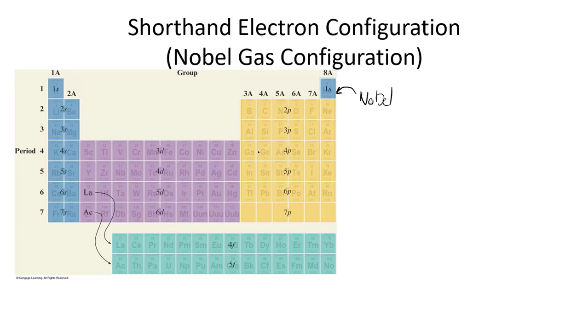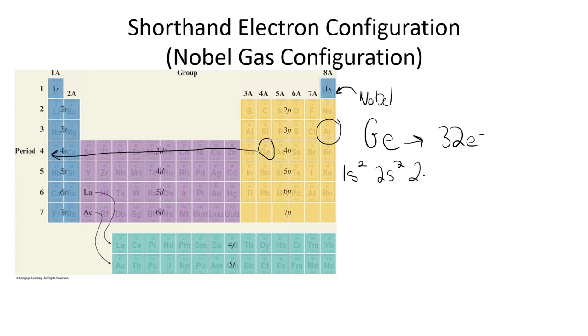If I come down here maybe to germanium, I have to go all the way back through all of these elements to get here to argon. And that's okay. You don't go forward, you go backwards. What do I mean by that? Germanium, let's do that. How many electrons does it have if it's neutral? 32 electrons because that's its atomic number. And so if we use this cheating way of filling in electrons, our electron configuration would be 1s2,